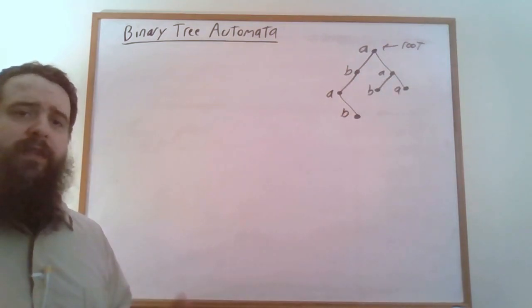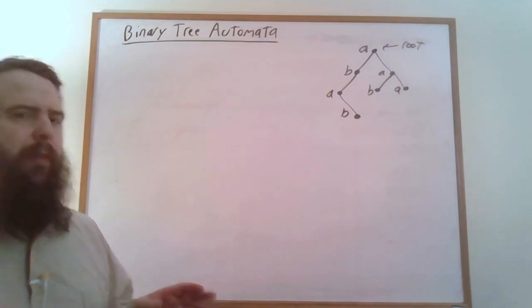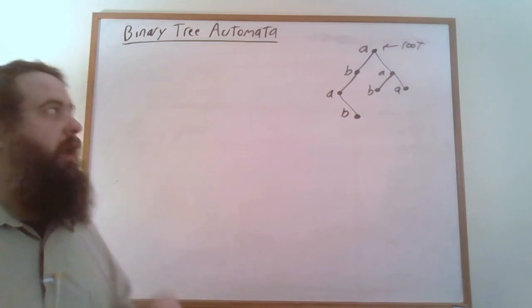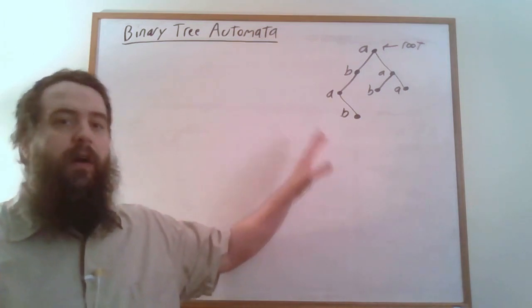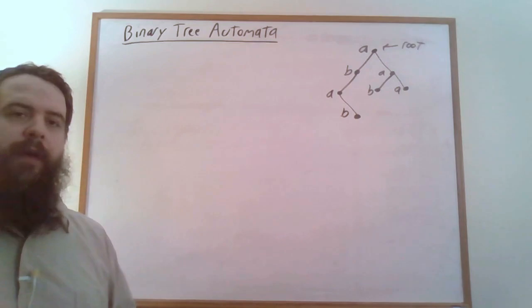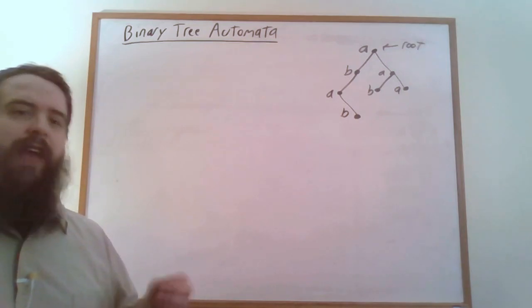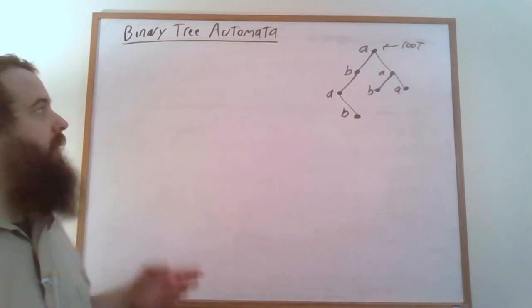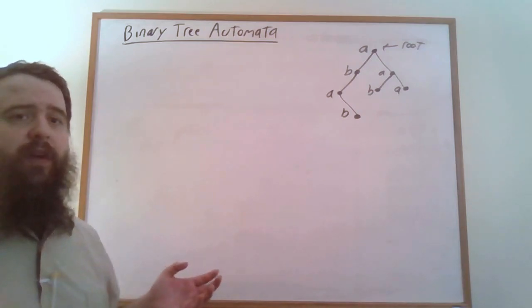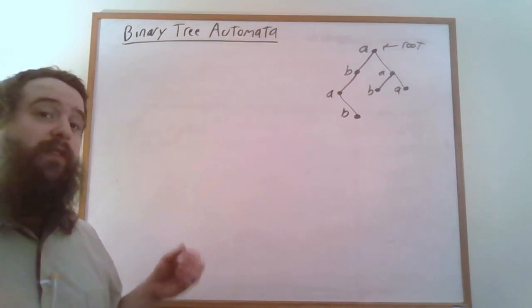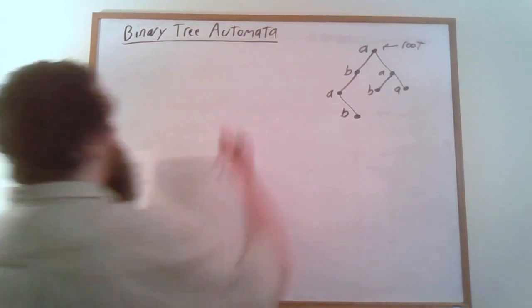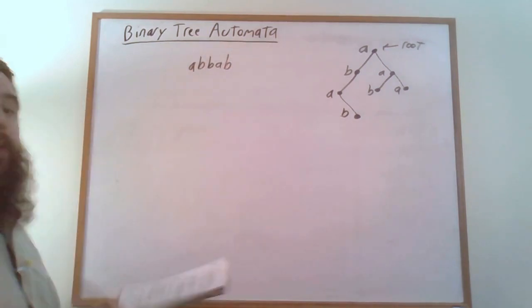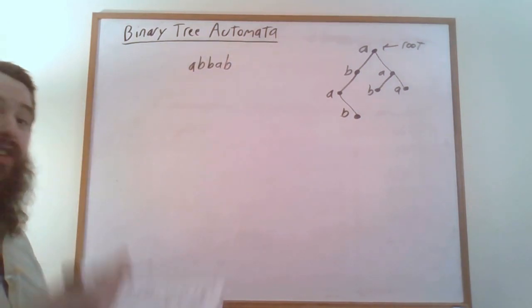There are various different ways of thinking about deterministic finite state automata, and some of them are more or less useful when it comes to generalizing to these new notions of automata on oddly shaped words. And I think the best way of generalizing this is actually to show you what it looks like to run a deterministic finite automaton on a word when we view that word as a unary tree. So if we have a word, we can view it as a unary tree.